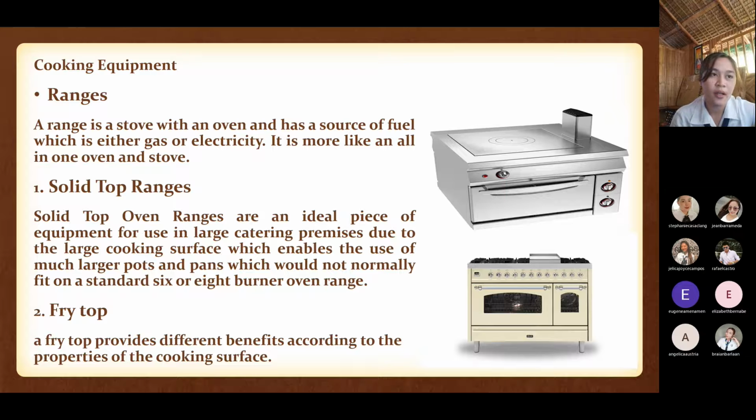The third one is the open top. Open burner ranges offer a level of heat distribution that even the hottest sealed burners can't match. And the last one is the induction. An induction range looks similar to a glass electric range but is powered by an electromagnetic field below the surface of the glass cooktop. The next one is